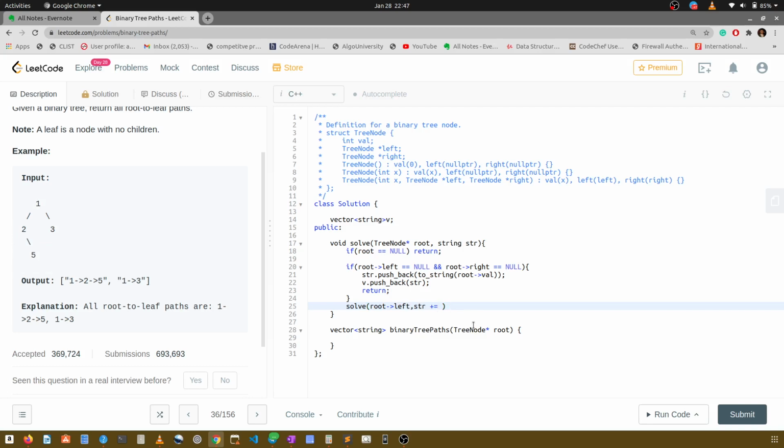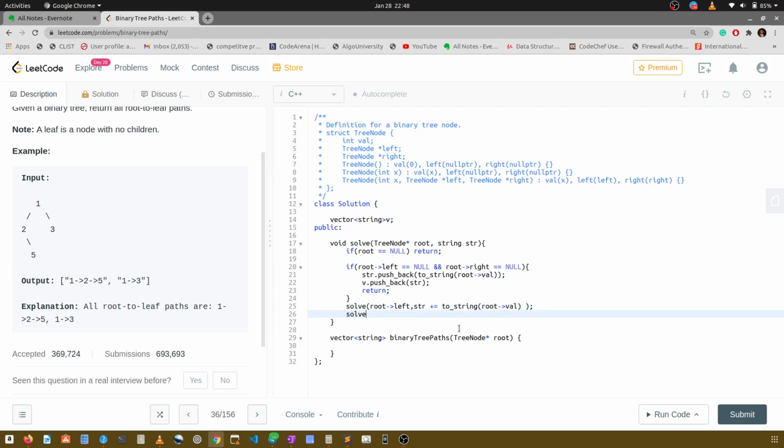So str plus equal to to_string of root val, and I think that's it. Okay, and similarly we have to pass in the right subpart: solve root right, str plus equal to to_string root val. All right, that's it. That's it, man. That is the problem.